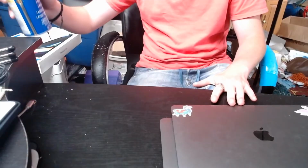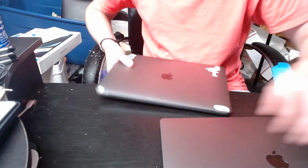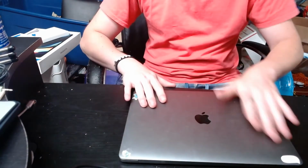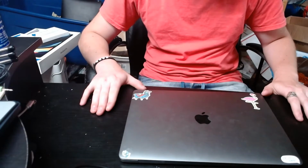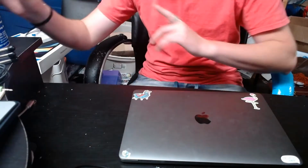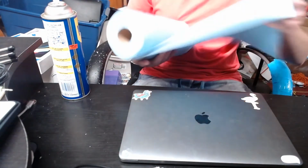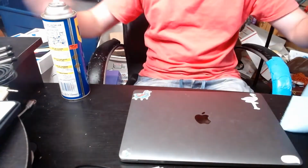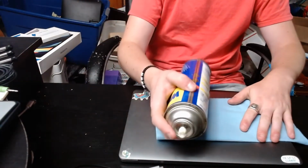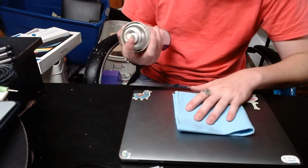Let's jump in. So the first step we're going to do is we're going to remove these stickers. So let me just quickly move my new MacBook out of the way. So we've got stickers in all 4 places here. Now we could use a knife or screwdriver to remove them, but we're going to do something smart. And I learned this trick from the 8-bit guy. So I don't want to spray WD-40 directly onto this laptop because I don't have a hose for it. So what I'm going to do is,